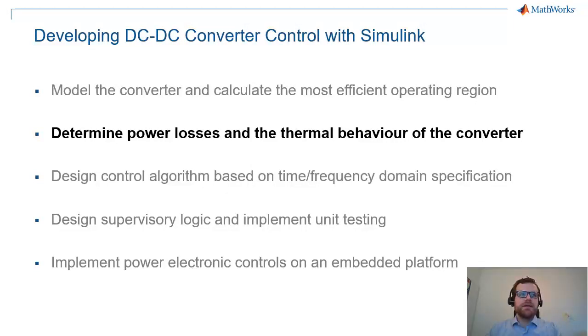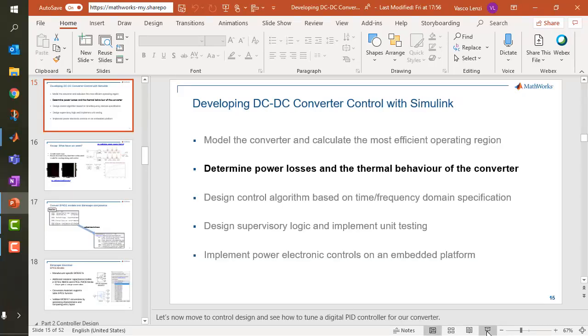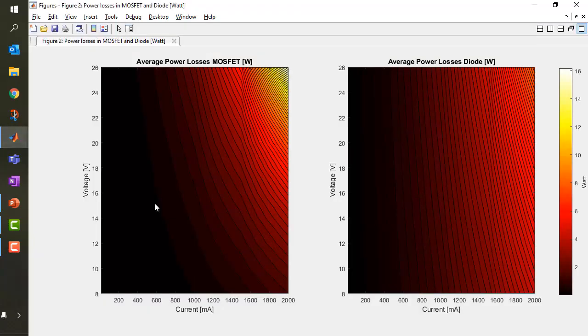We can use a very similar methodology to determine the power losses and the thermal behavior of the converter. You may have noticed when I run my script, the second plot pops up. In this plot, I'm showing the average power losses of the MOSFET in watts over the different operating regions I simulated with my parallel simulation, and the average power losses of my diode. We can see that the MOSFET is losing a bit more, with almost 16 watts at high voltage and high